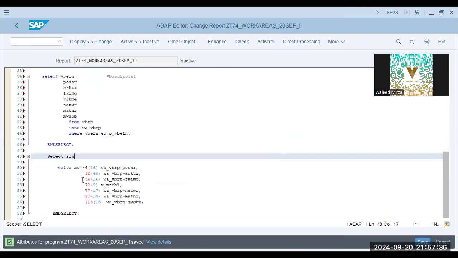select single MSEHL from T006A into variable of MSEHL where class equals E and MSEHI equals WA_VBRP-VRKME, class equals